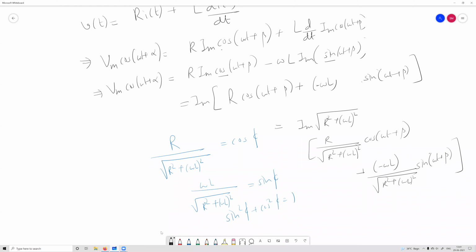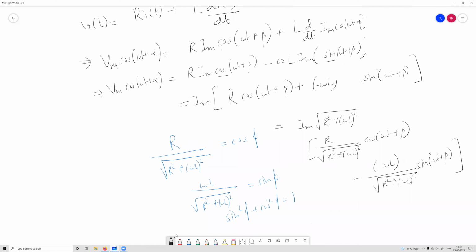Is it okay? Sir, how have you taken cos phi and sin phi? That is the trick. Because I want to, better keep the minus out, that will be easier. I want to express this as a cos so that I can compare it with the voltage. I cannot directly add a cos and a sine, so I have to use some trick to express the entire thing as a cos, so that I can compare.